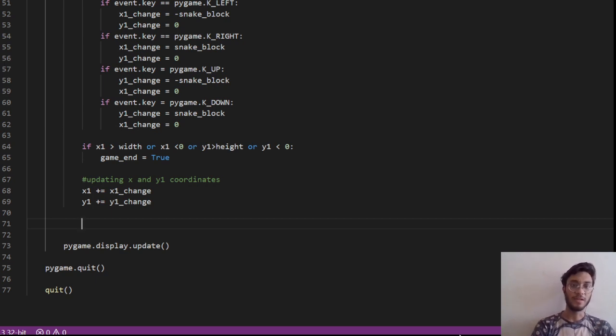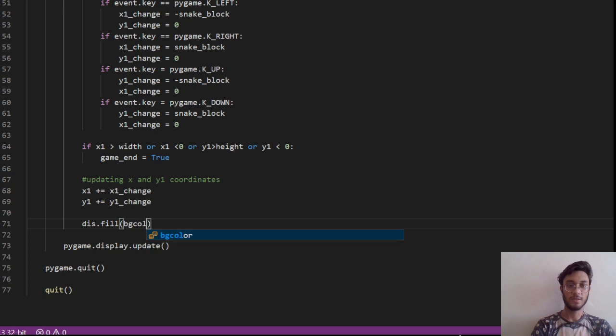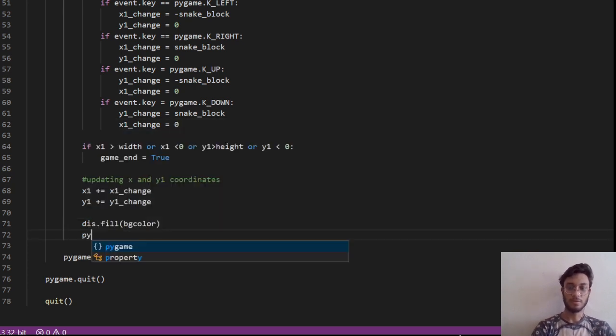We have set the color for the screen. Now we are going to color the background. Now we are going to draw the food using the draw rect method.